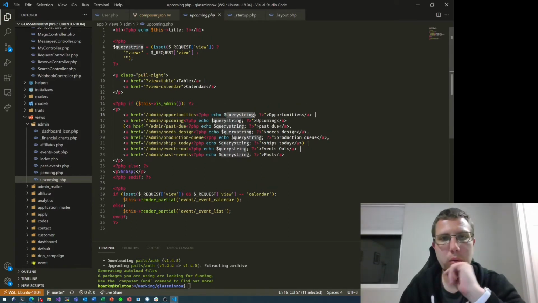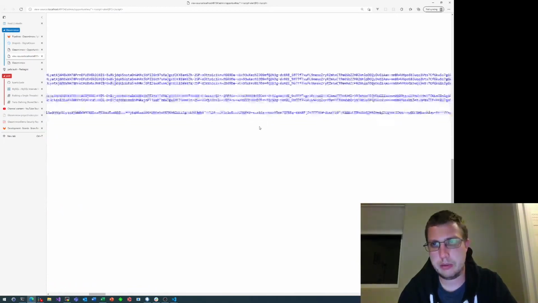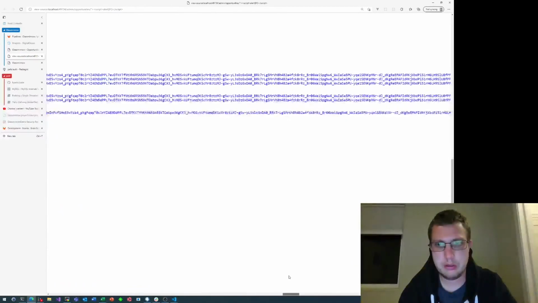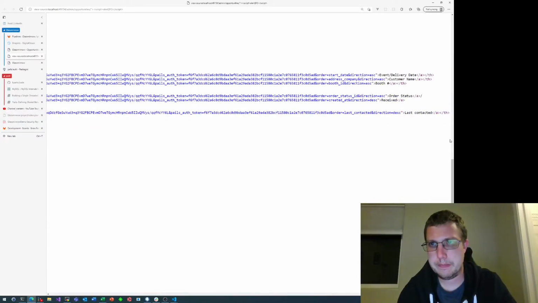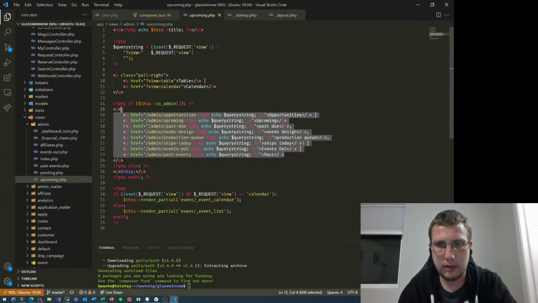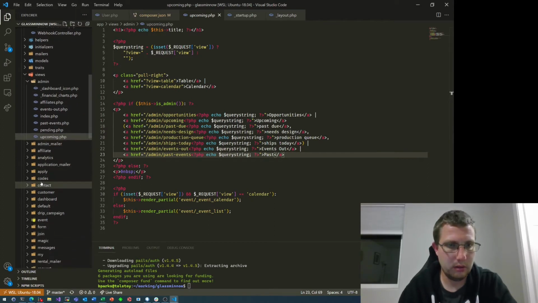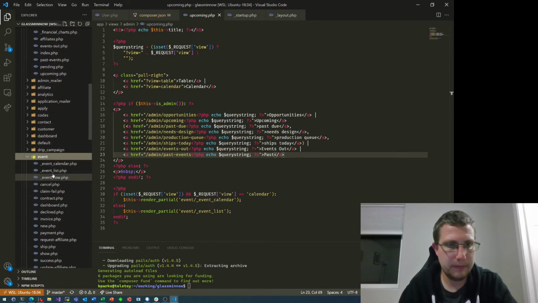This is cool. Echo query string. So now this is actually very interesting because this doesn't look quite like what we're looking at, but I think it's actually something different. Event delivery date. Where is that coming from? So event delivery date is not from here. It's either in this partial event calendar or event list. I'm betting event list. So it's down here, an event list,